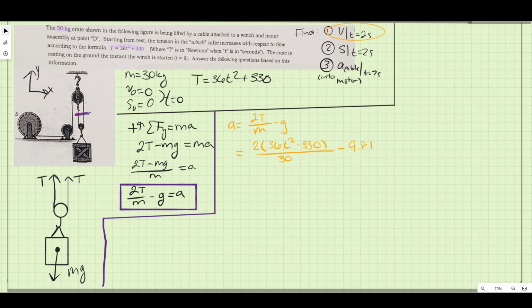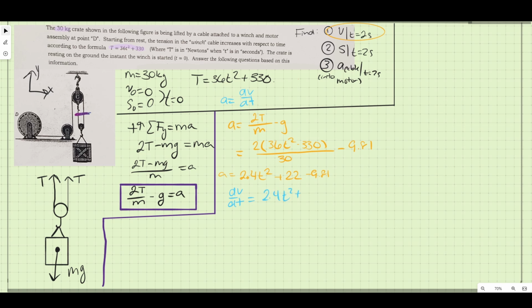And from there, we will solve it a little bit further down to where we'll end up getting 2.4 t squared plus 22 minus 9.81. This is still equal to acceleration. If we recall back to our kinematic equations, we know that acceleration equals dv over dt. And if we plug that in here, dv over dt is equal to our equation 2.4 t squared